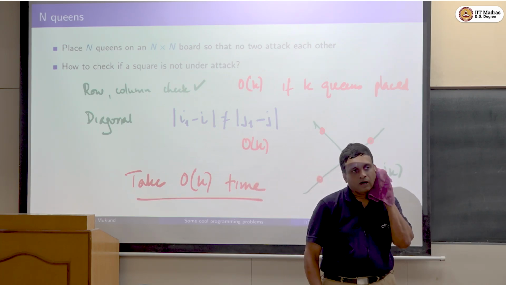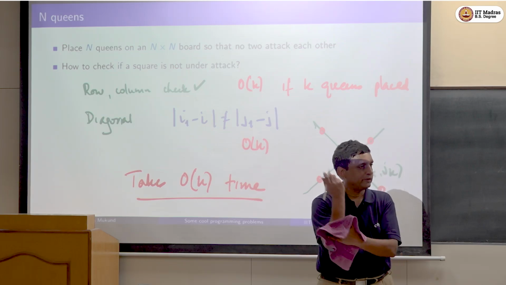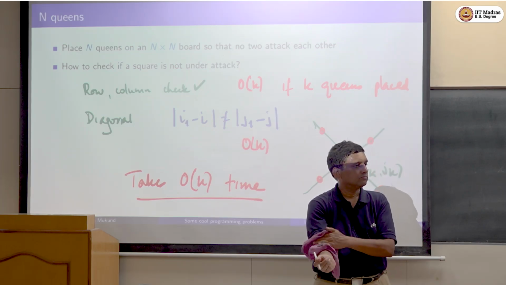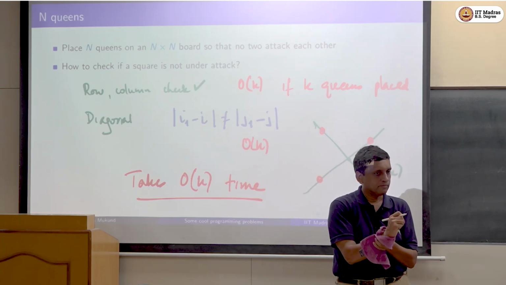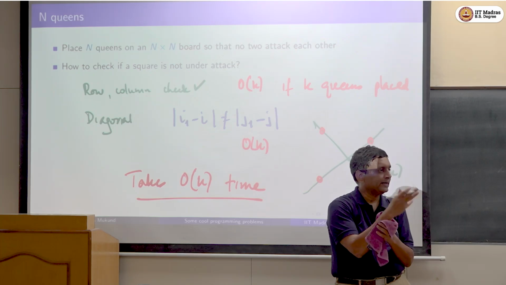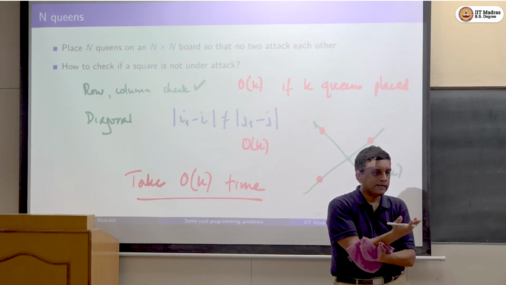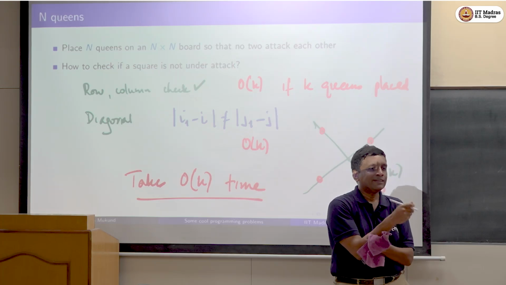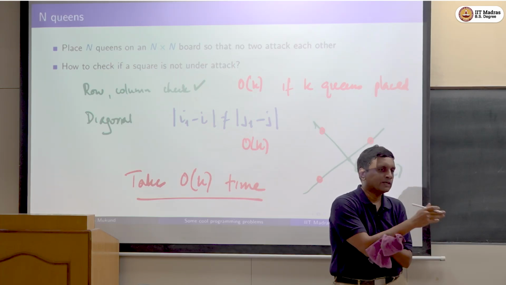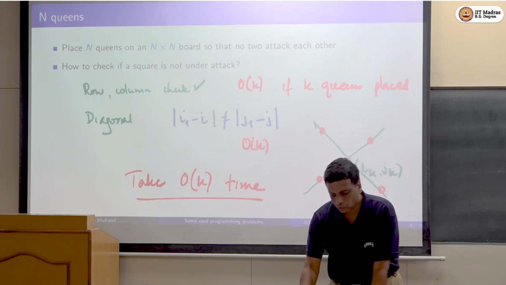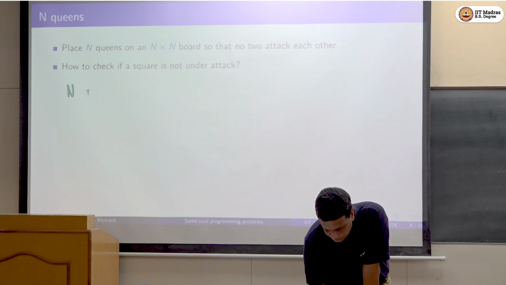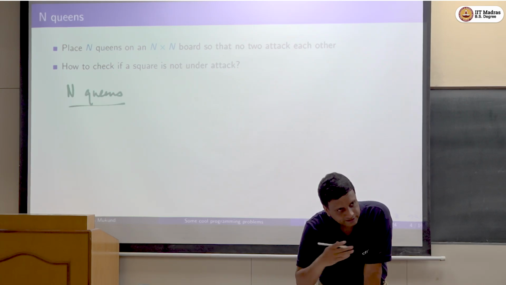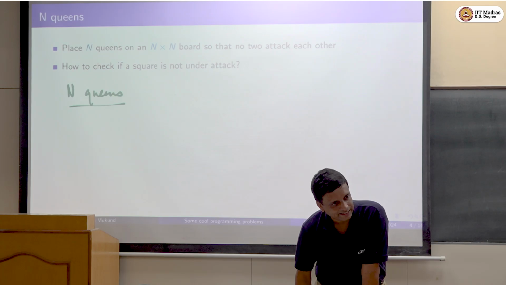Okay. How much space am I using? I have to remember where all the queens are, right? So again, that is order k. So in the limit, I will be using order n space when I put all n queens, and I'll be taking order n time. And of course, now if I take order one time for the first queen, first queen I put anyway. So for the second queen, I have to look at one queen. For the third queen, I have to look at two queens. How much time does that take? Right? So if I do this without backtracking, just one, if I get lucky and find a solution by magic, it'll take